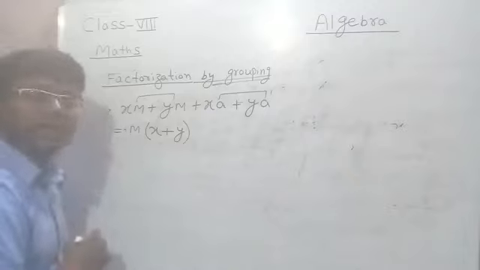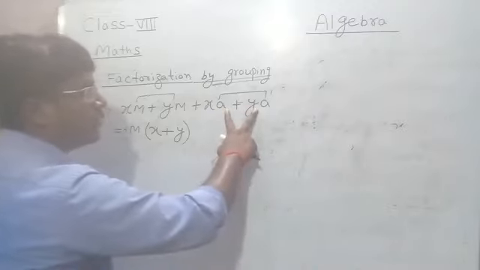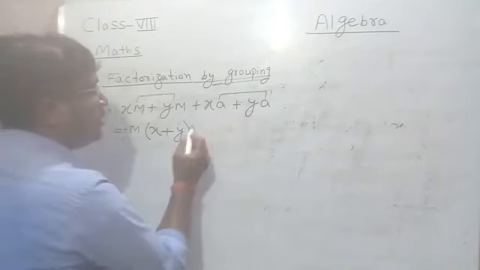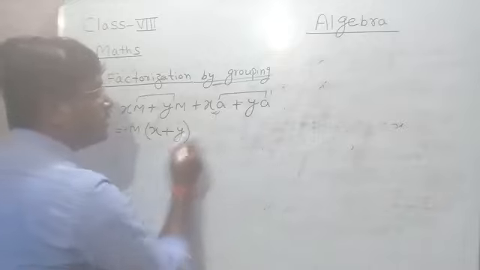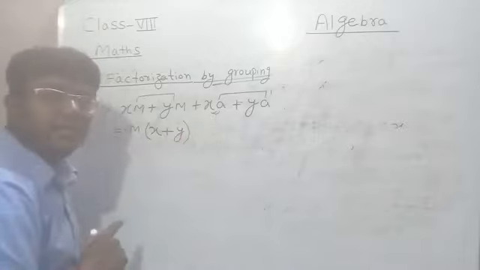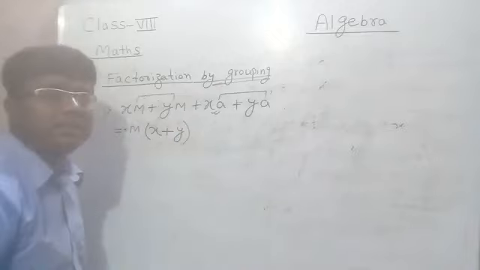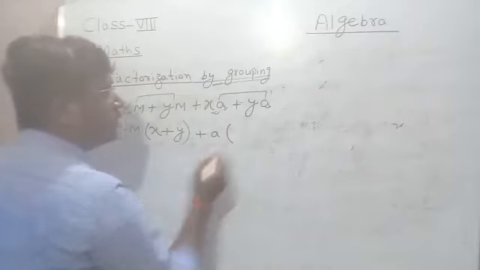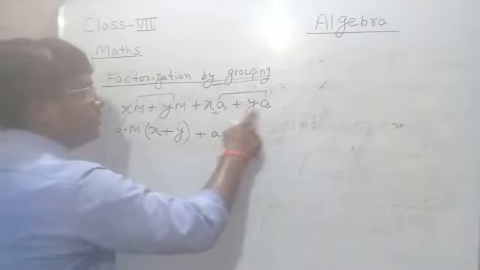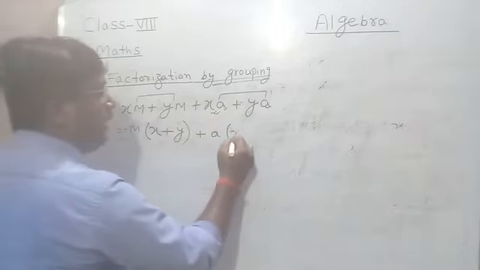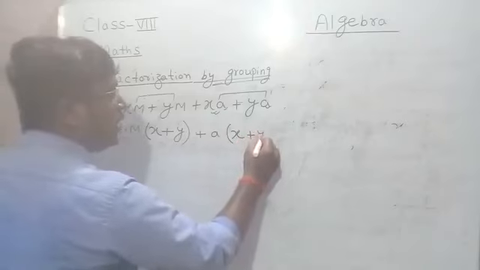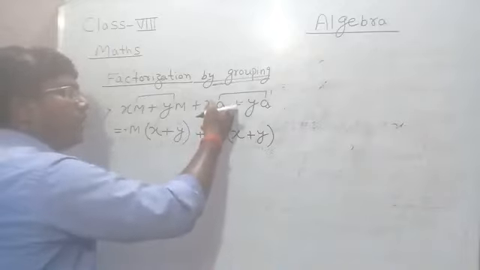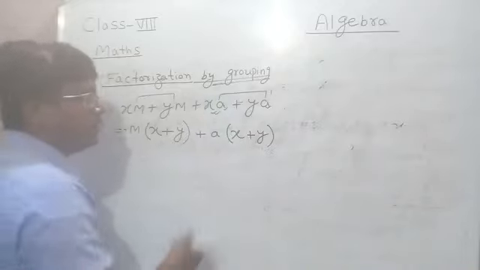Now another two terms, this other group. What is common here, in xa and ya? a. Which sign do we have to take here? We have to see this: if it is positive, you take plus as common; if it is negative, then take minus as common. So it is positive, I will take plus a as common because a is in both terms. If a is taken as common, what is remaining? x, and here plus y, because from plus, if we take plus as common, divide plus by plus, you will get plus.